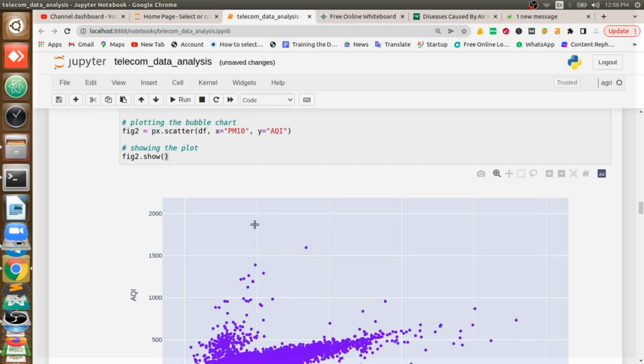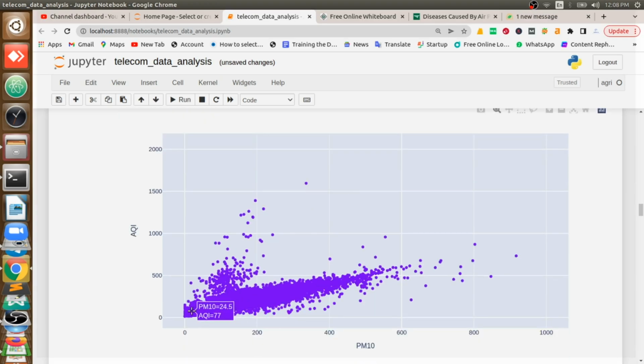Here what we are doing is checking how PM10 and air quality index are related. It's almost a 45 degree line, meaning that with more PM10 particles in the air, the air quality index will increase. PM10 is the main key for air quality index.